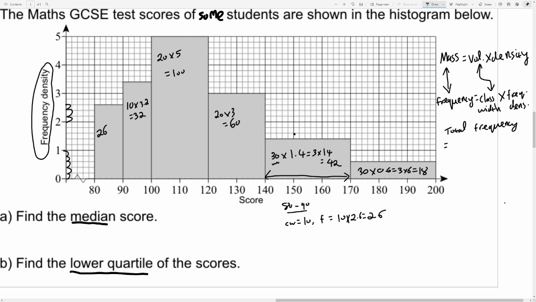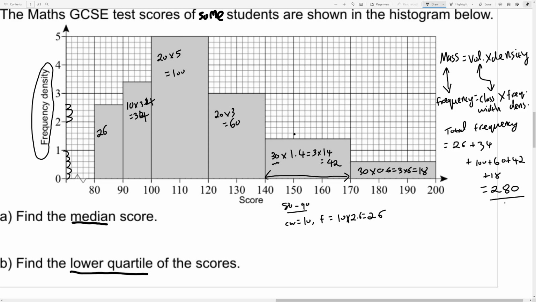So I can just add up all of these scores. I have 26 plus 30. Oh, there's a mistake. That should not be 32, that should be 34, my mistake. So I have 26 plus 34 plus 100 plus 60 plus 42 plus 18. And that gives me 30, 50, 60, 160, 220, 262, 280. So there were 280 pupils